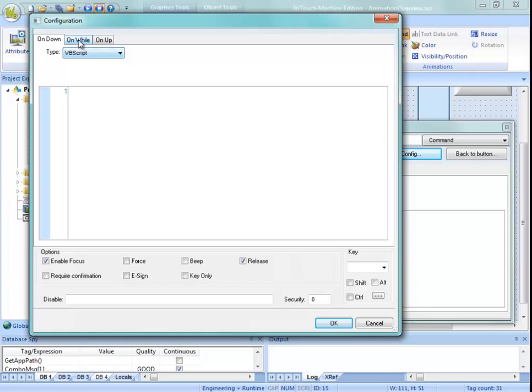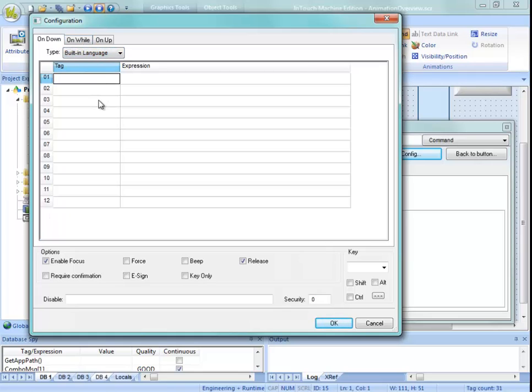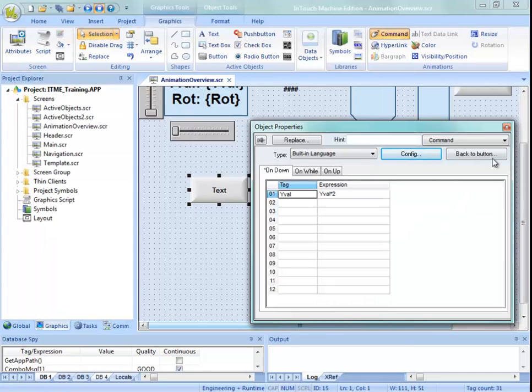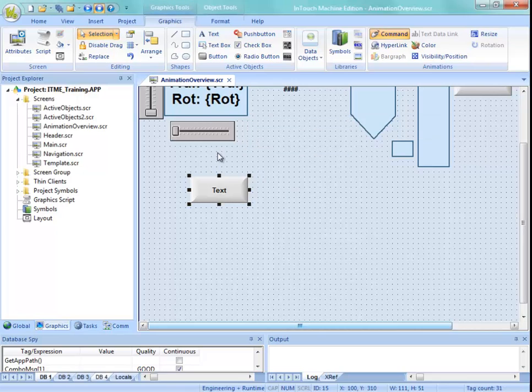If I was to configure this button for, let's take Y value, which is that up and down slider that we created earlier. We'll take Y val, maybe multiply it by 2, give us a little bit different scenario here. Notice that this checkbox for enable focus is checked by default. Also the release checkbox, and we'll talk about that in a minute. So if I was to use this button, and when I